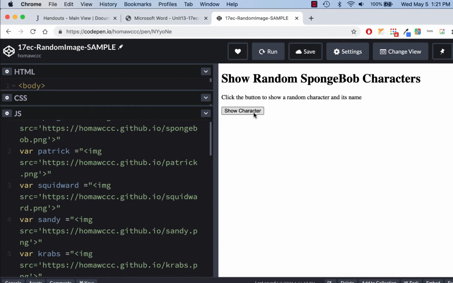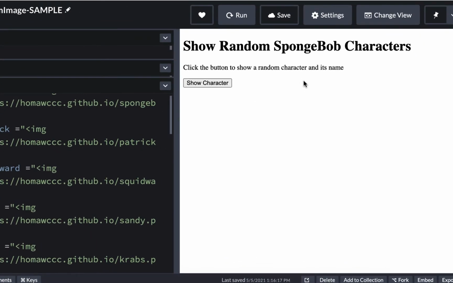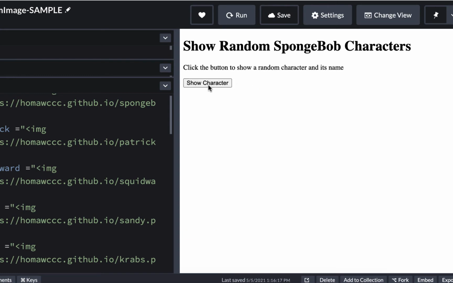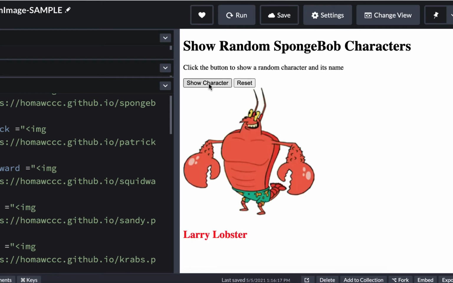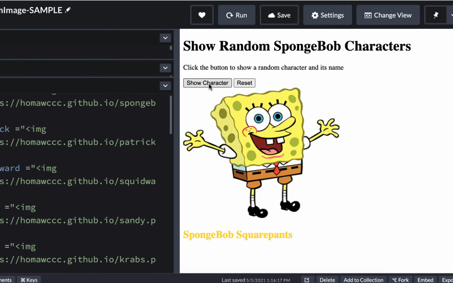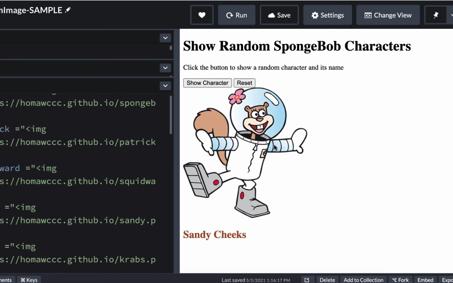We're going to have a button that's going to show a character. It's just like the Show Patrick one, where we would show Patrick and hide Patrick, except in this case, instead of just showing Patrick, we're showing a character. Now that's Larry Lobster, and we can reset and show another character, or we could just keep showing characters, and it's showing a random one. So sometimes it will repeat, sometimes it could repeat 3 in a row, sometimes you won't see somebody for a while, but what's showing up here is a character, and we might want to put a little space between the